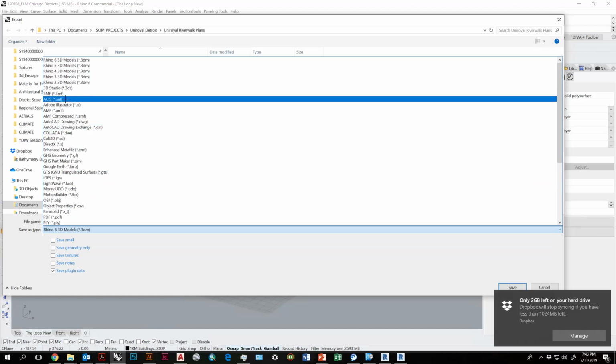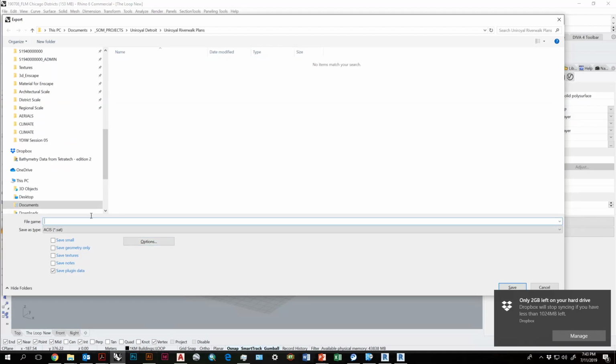There it is, .sat. We'll call this Rhino wall.